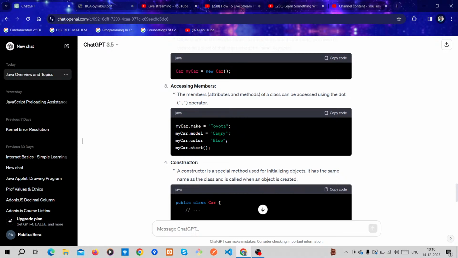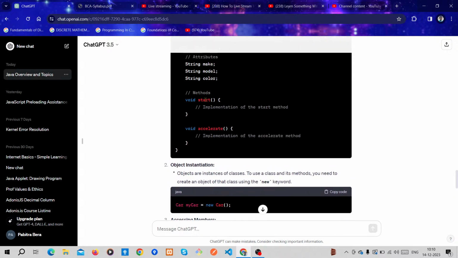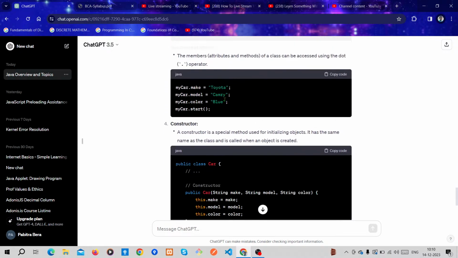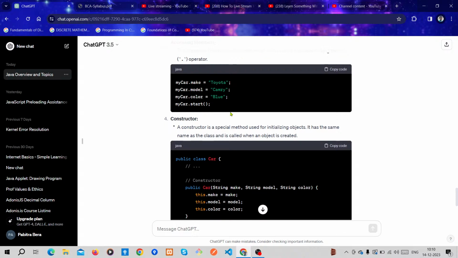These types are provided, and then my car dot start, this function is called here. The start method is defined, so we can call the start function through this object using the dot operator. I hope you understand.